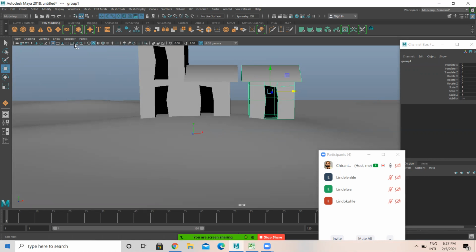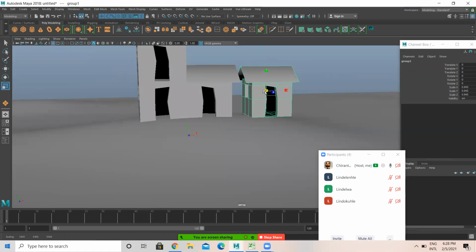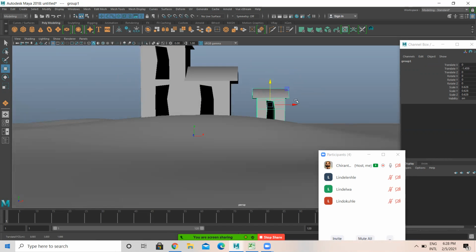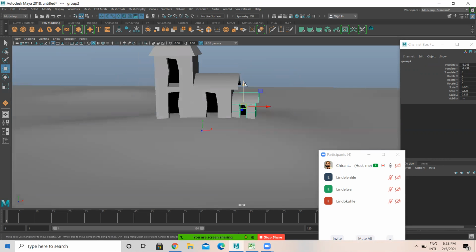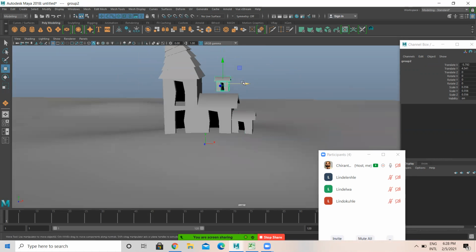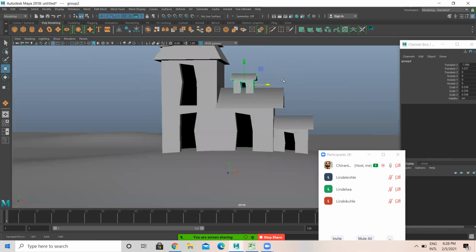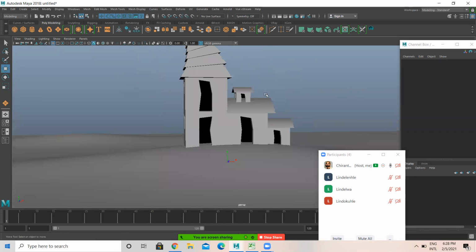Then I'm scaling it down like this, and I duplicate this here like this.